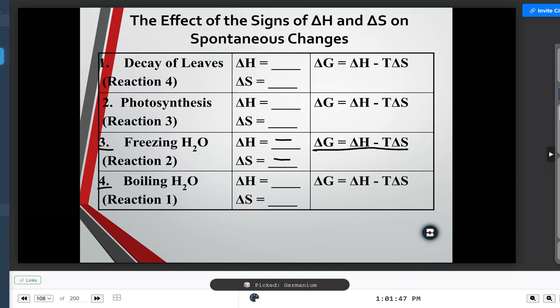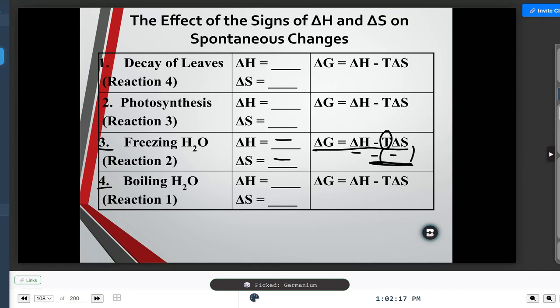And so we are exothermic. So both of these are negative. So what happens in a formula if both of these are negative? If my delta H is negative and my delta S is negative, then that means that whatever T is, this whole thing is going to be negative. And a negative times a negative is a positive, which means that depending upon what your T is, that's going to determine how big this is.